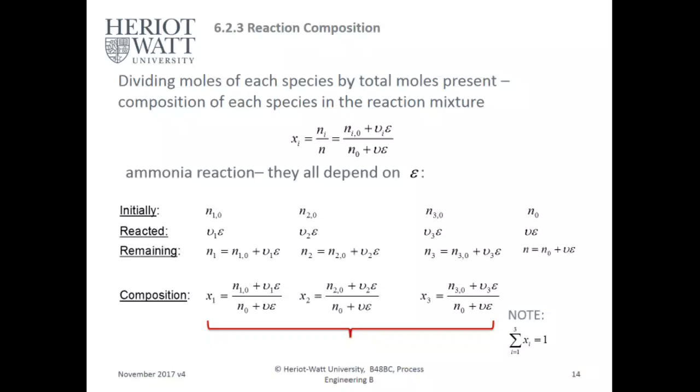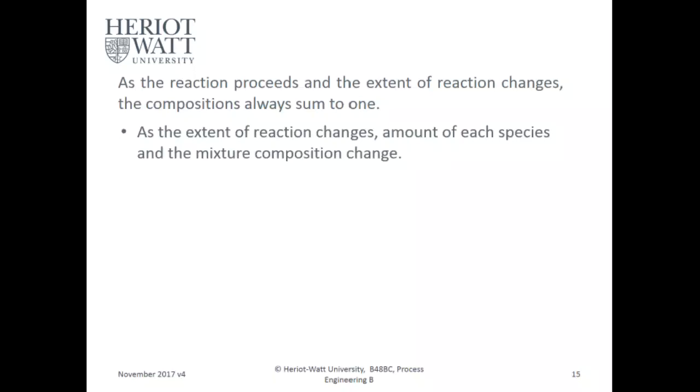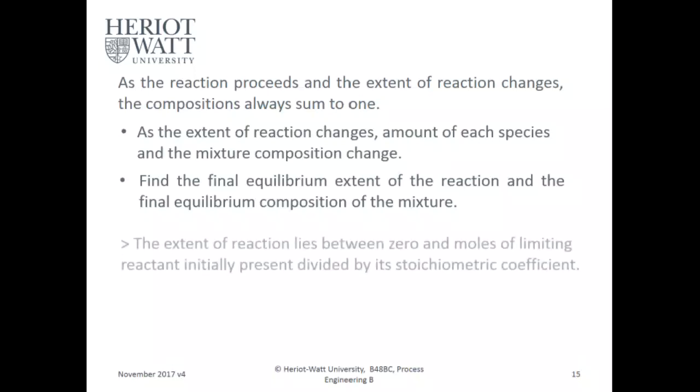So the Xi, the total composition, needs to equal 1. And that's how you check it, by balancing that. As the reaction proceeds and the extent of the reaction changes, the composition always sums to 1. As the extent of the reaction changes, the amount of each species and the mixture composition change. And to find the final equilibrium extent of a reaction and the final equilibrium composition of the mixture, the extent